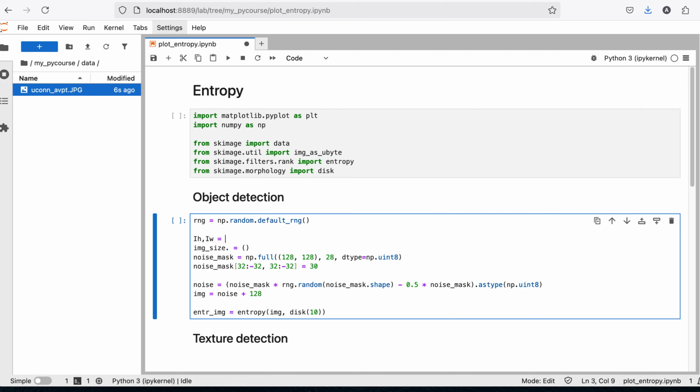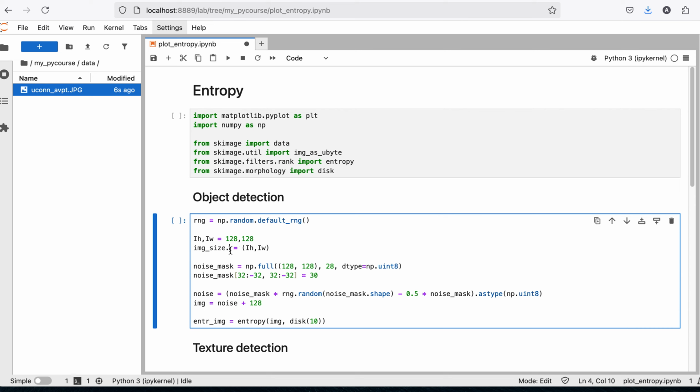And this one, let's just give it a value of say 128, so that will save space. It's usually good to have maybe a smaller image, so 128 by 128, and then we use this image height and image width to create a tuple of what we are calling the image size. Okay, and then we could use this image size in creating a full,